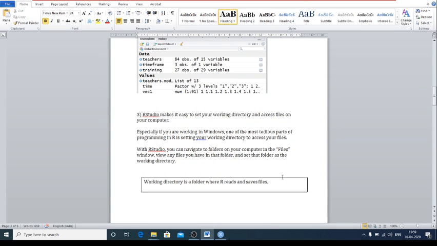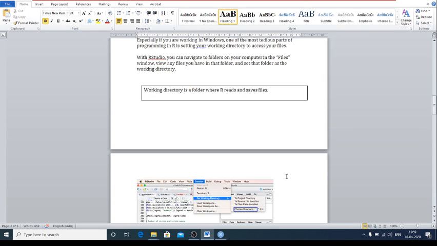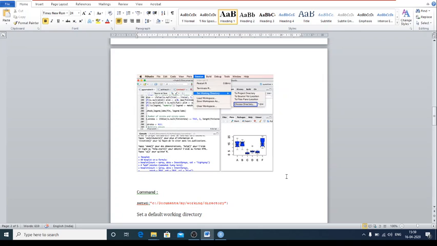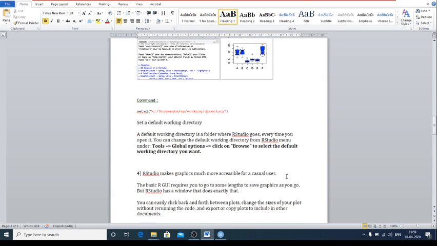Then it is quite easy to access your files if you create a working directory. Working directory is nothing but a folder from where R will read and save the files, or whatever work you have done will be saved in the form of .r file.